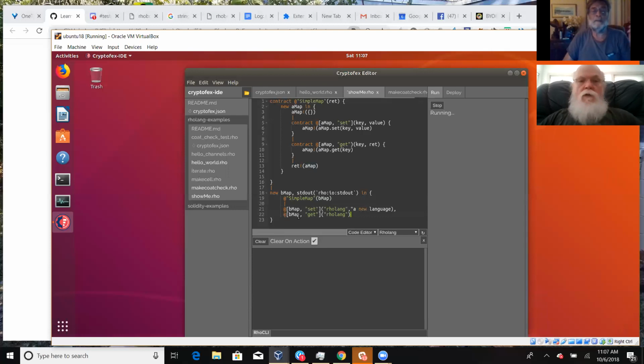Okay, so the get and set: the get has a return value.